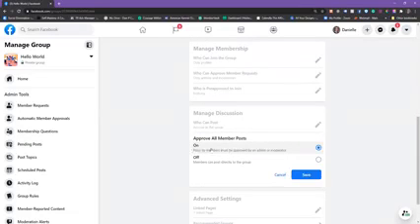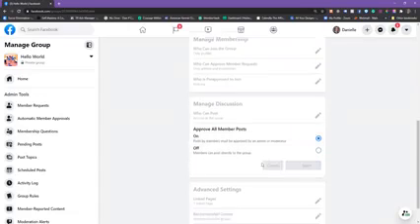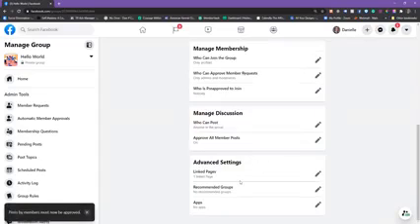you can go right here to where it says on, and they had changed the wording of this. That's why I got quiet for a second. But you can change this to on, and only you or a moderator can approve the post in the group, okay? And then advanced settings,